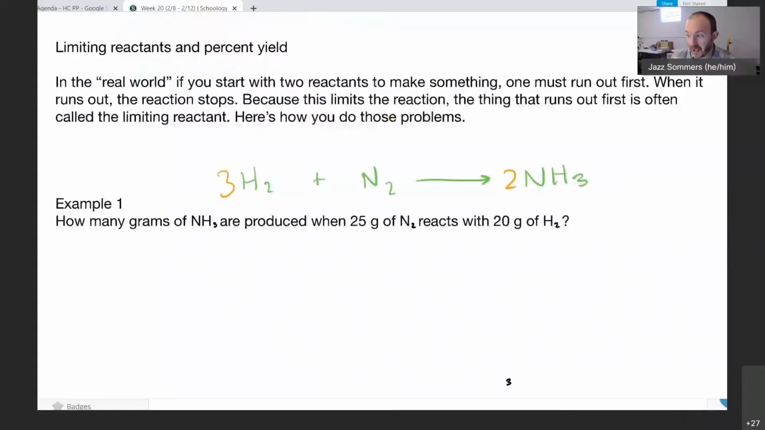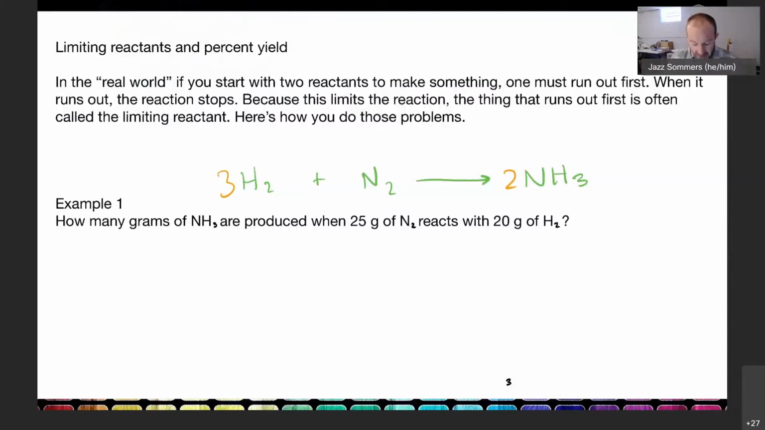So you're looking at the notes for limiting reactants, and I don't think you need to write all of this down. This is just background information for you here. But we've been assuming to this point that when we were doing these problems with conversions, that